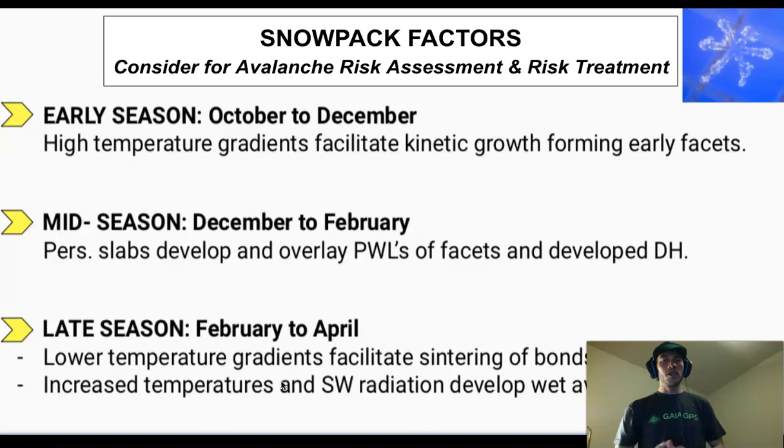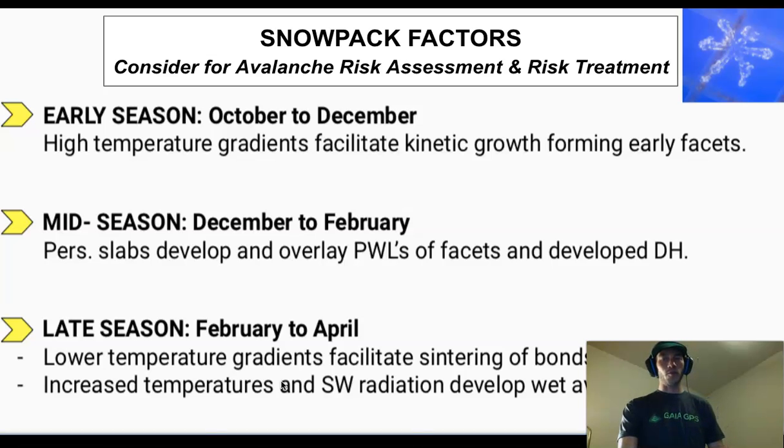Early season, if we're seeing high temperature gradients that facilitate big facet growth. Mid-season, if we're starting to see the persistent slab develop and overlay the persistent weak layers of those buried facets and develop depth hoar. Late season, we start to see lower temperature gradients and settlement and sintering of the bonds. Increased temperatures and shortwave radiation start to develop the wet avalanche problems. If we start seeing critical snow depths, roughly 300 to 350 centimeters in the start zone, we like to track